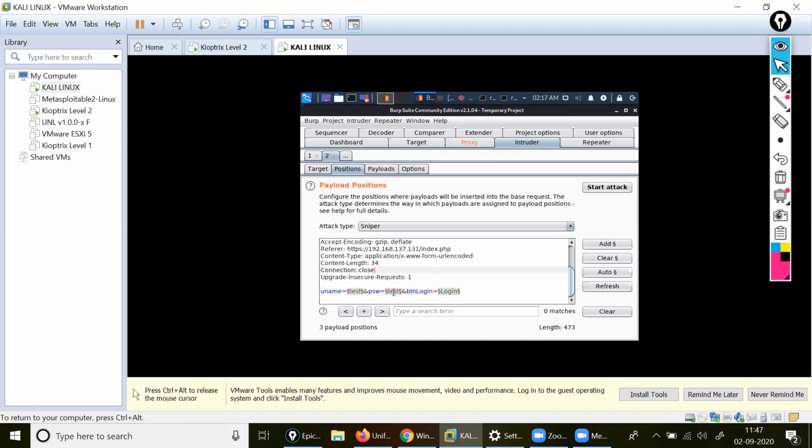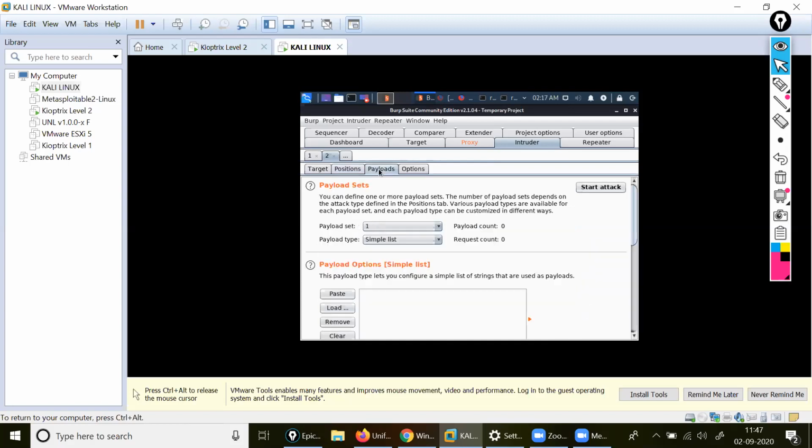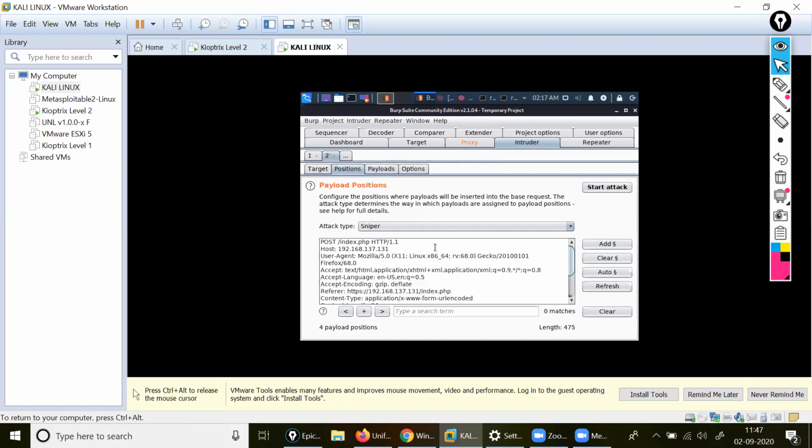Password also, you come and add. Are you getting? You understood? With the help of this one. Clear? After that, I will come in the payload. Sir, come back to the position. I will show you something. You can see, check the password.